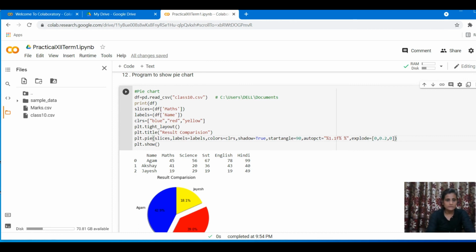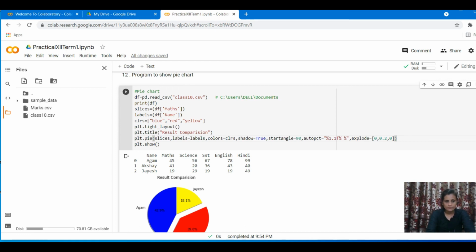Just one quick revision. We want to use the pie chart for mathematics marks, and we want to label these marks with the names of the students. So slices as maths marks and labels as names. And see, we have got them from df name, df maths marks, like this. We have extracted them from the data frame we created.